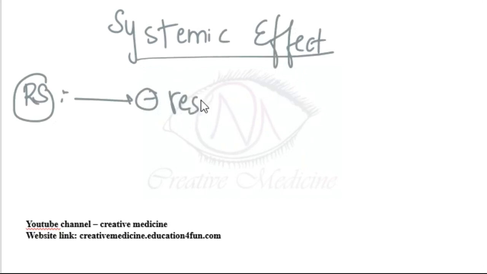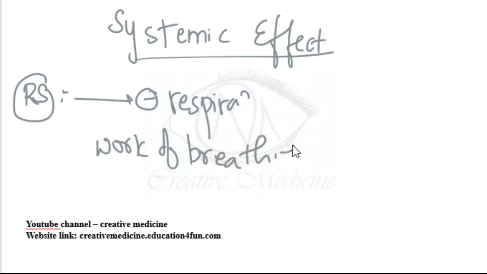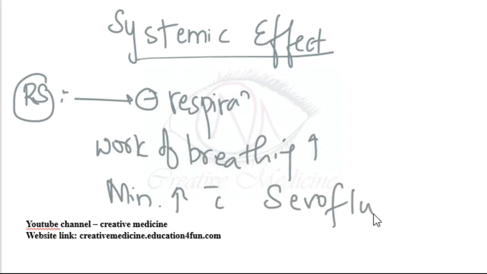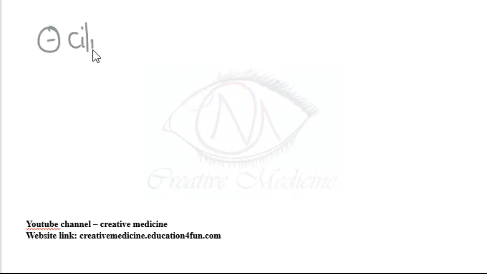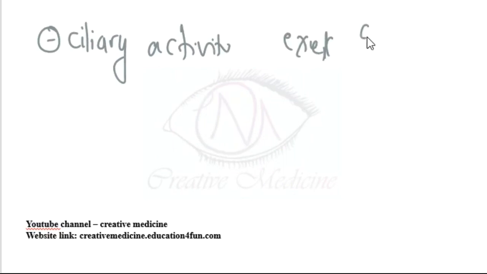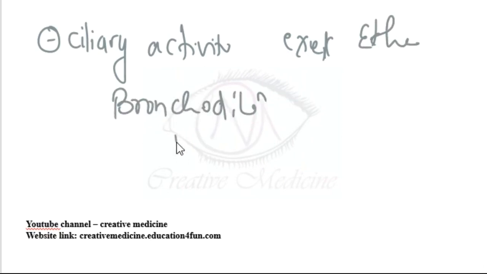The work of breathing is increased by all inhalational anesthetics, and minimum increase in work of breathing is done by sevoflurane. Ciliary function. So all the inhalational anesthetics will inhibit the ciliary activity except the ether. On bronchial muscles, in normal person, the inhalational anesthetics will cause bronchodilation, and this bronchodilation is maximum done by sevoflurane,